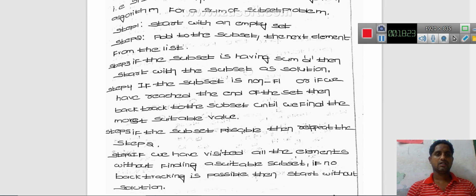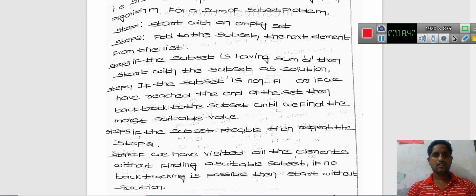Here, start with an empty set. Next, add to the subset the next element from the list.